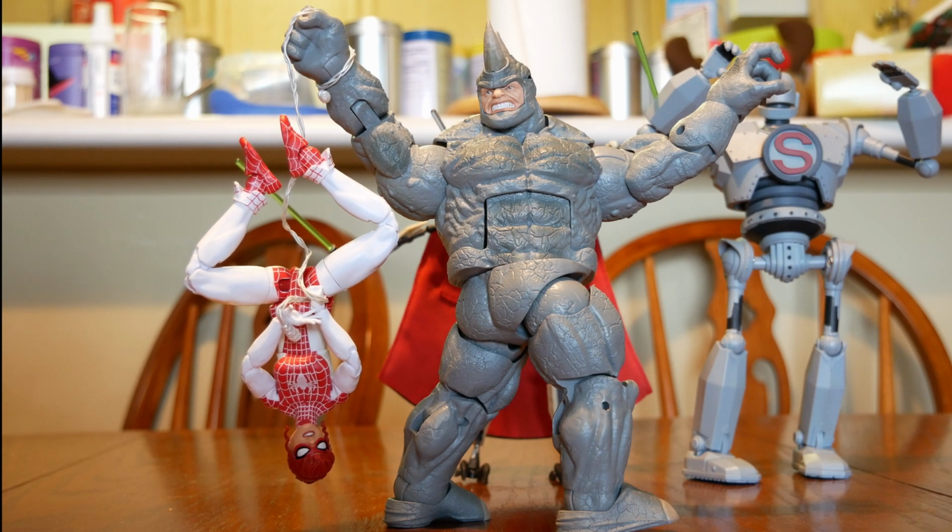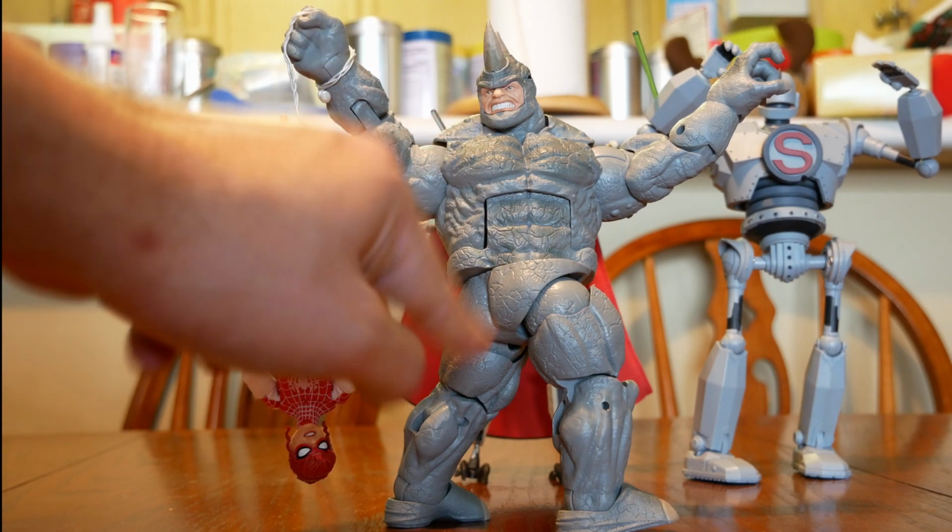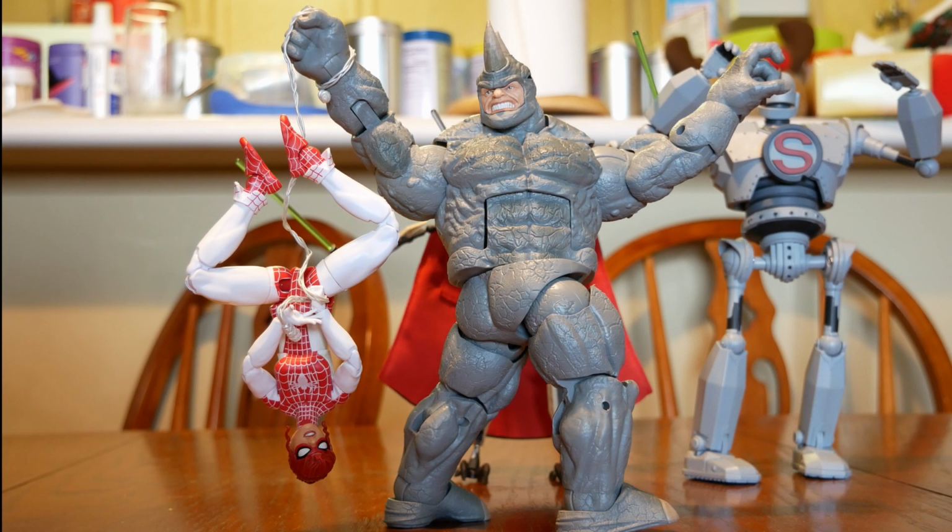It's like, I didn't expect to like this figure, though. I, of course, know the figure of the Rhino. I wanted a big chonk to square off against my Spider-Man figures, to menace them a bit. He's got great articulation for a big chonk figure. The detail work in the sculpt is good. The reason why he's not higher: paint job, very simple, but a very good figure,